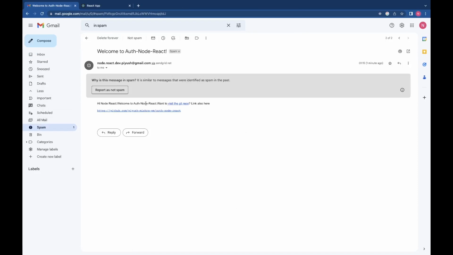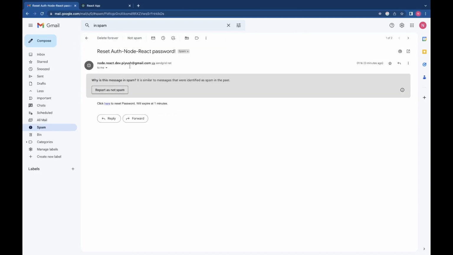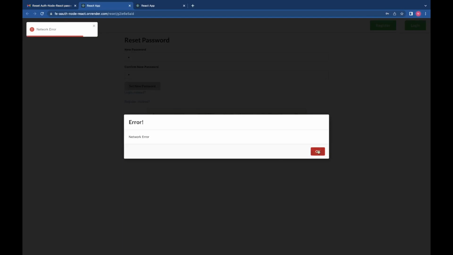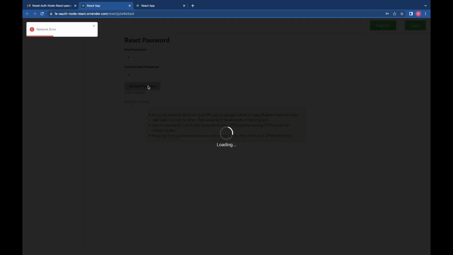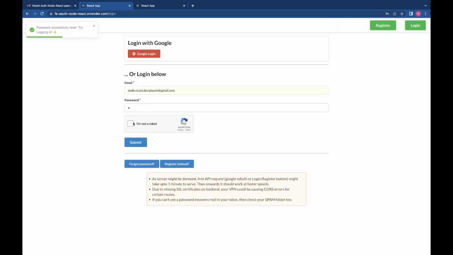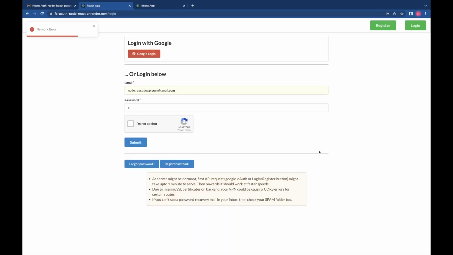When you register, you actually get this kind of email from us, and for resetting the password, you get this token which will expire within 1 minute. So you can try to reset my password like this. I have said some CORS error is happening, but if I make the request once more, then if I use the updated password, some CORS error, but